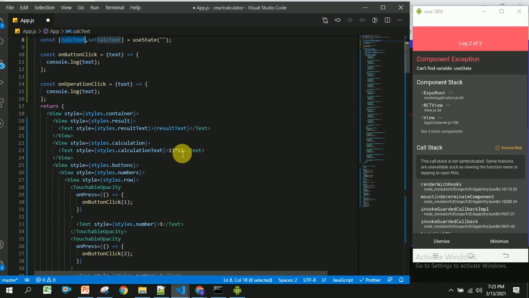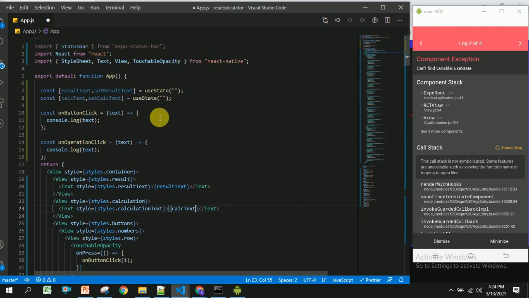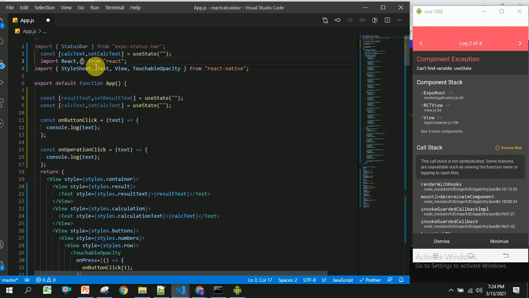So let us save this. So in order to use useState, we have to, so it is reporting some cannot find variable useState. So in order to use useState, we have to import it from React. Sorry. useState. So let us save this.